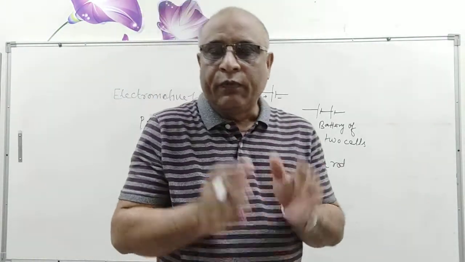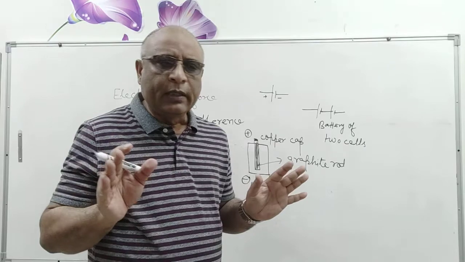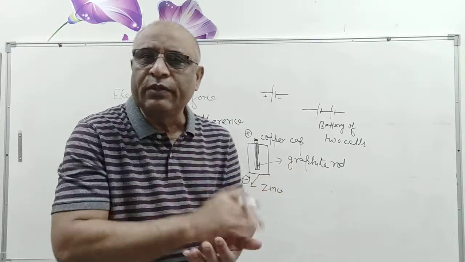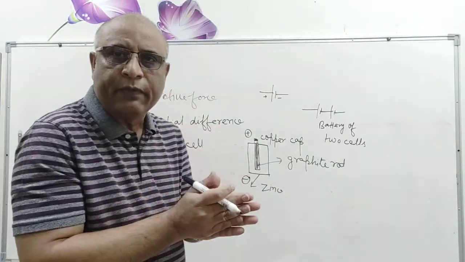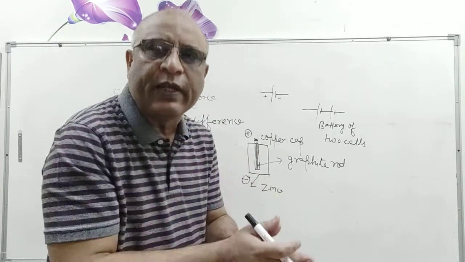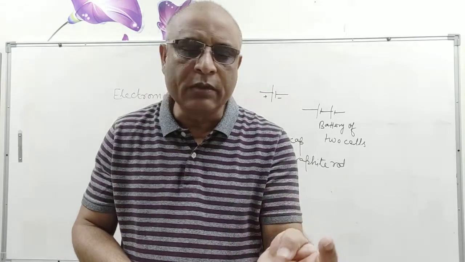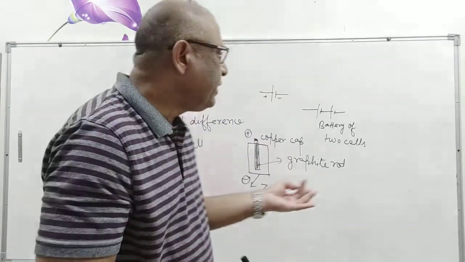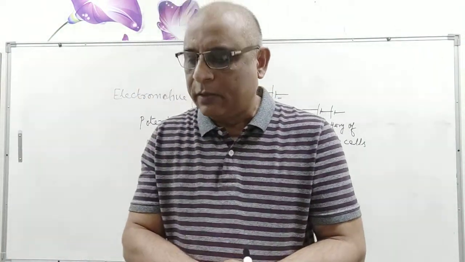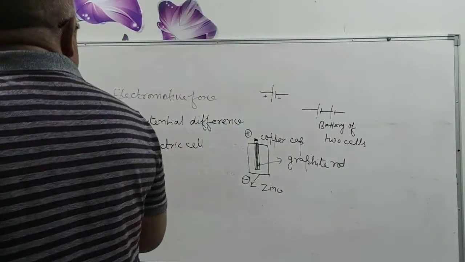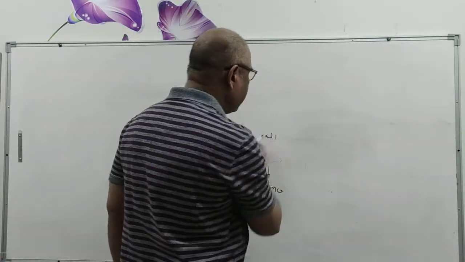In fact, for EMF you can't use the SI unit newton. No doubt it is called electromotive force because it pushes electrons, but basically the SI unit of EMF, voltage or potential difference is only one, and that is volt. Very clear? Electromotive force, voltage or potential difference is more or less the same thing, and its SI unit is volt. Now, here we are discussing how electrons move in a circuit.